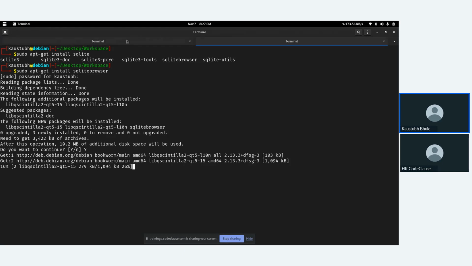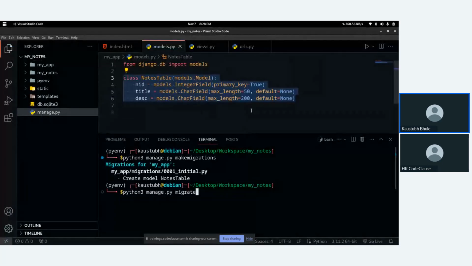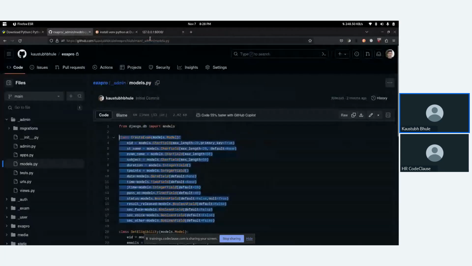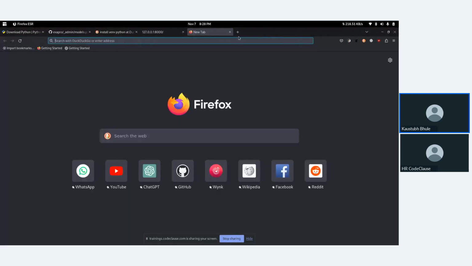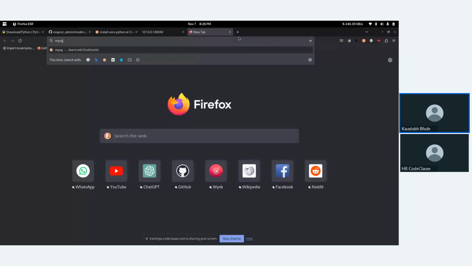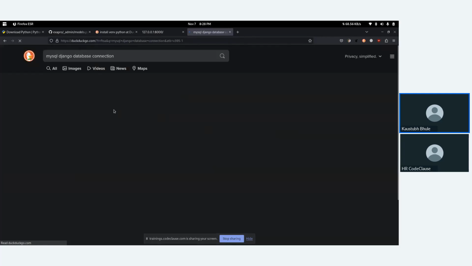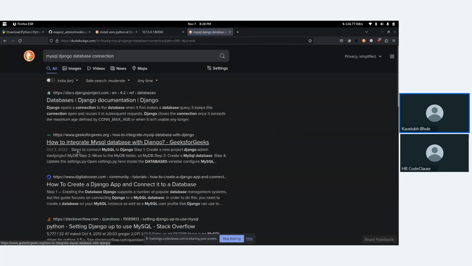Okay, up to now we will proceed. And if you are using MySQL, I will go on browser and I will show you the syntax to connect with your MySQL database backend. So MySQL Django database connection.